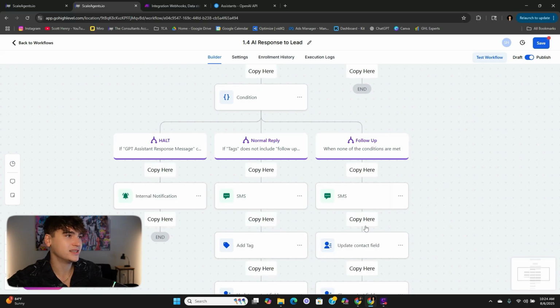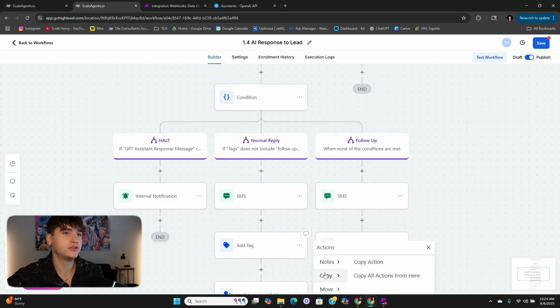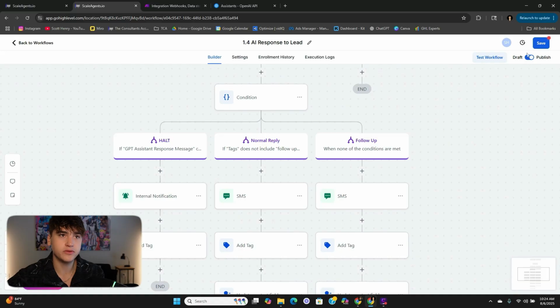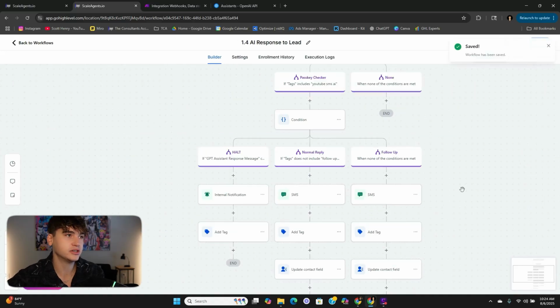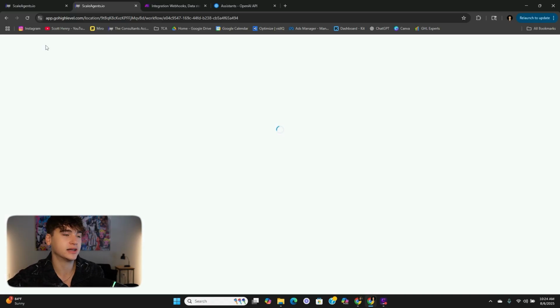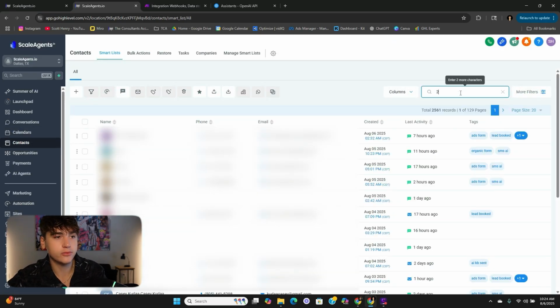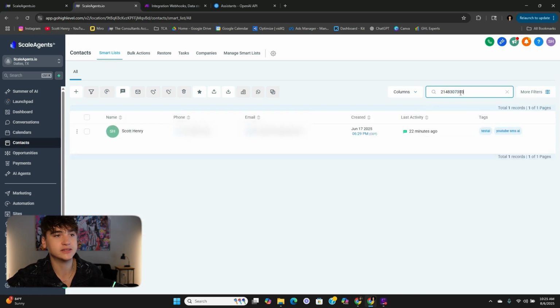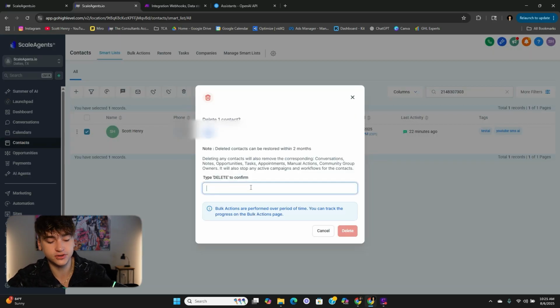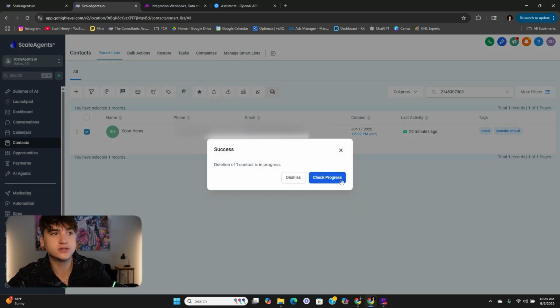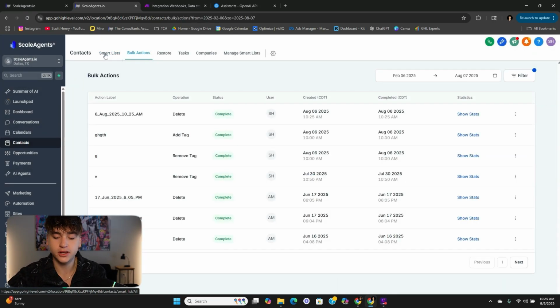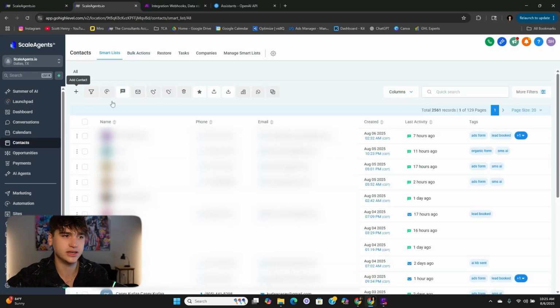So what I'm going to do now is I'm going to delete my contact. Now the reason you have to do this is because, like I just showed you, the way we've set up our build, it works off of conversation history that's attributed directly to the contact ID. So within GoHighLevel, every lead has their own contact ID. So if you want to start a new message from scratch, you have to delete your contact and reinstate yourself so you can give yourself a new contact ID so that the system is able to understand that this is a fresh user. And for our testing purposes, it's a little weird, but for actual use case and utility of the build, you're never really going to have an instance where you're having to delete and reinstate a contact